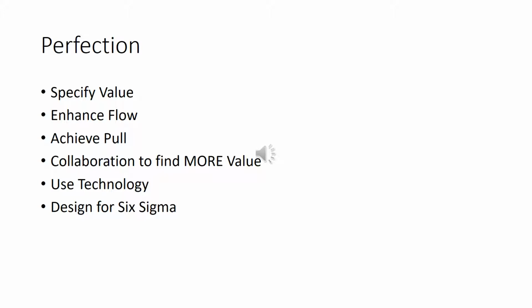It'd be near perfection. And finally, you want to design for Six Sigma, make it possible to make these. You ever had to make something and you weren't given the tools, weren't given the materials, weren't given the instructions, weren't given something, and you had to make it, right? And then after you get done with it, you had to cobble it together and make it work. Design for Six Sigma, you make something, whether it's a process or the product or whatever, so that perfection can be achieved. That's the ultimate goal for Design for Six Sigma. Make something that can be perfect.